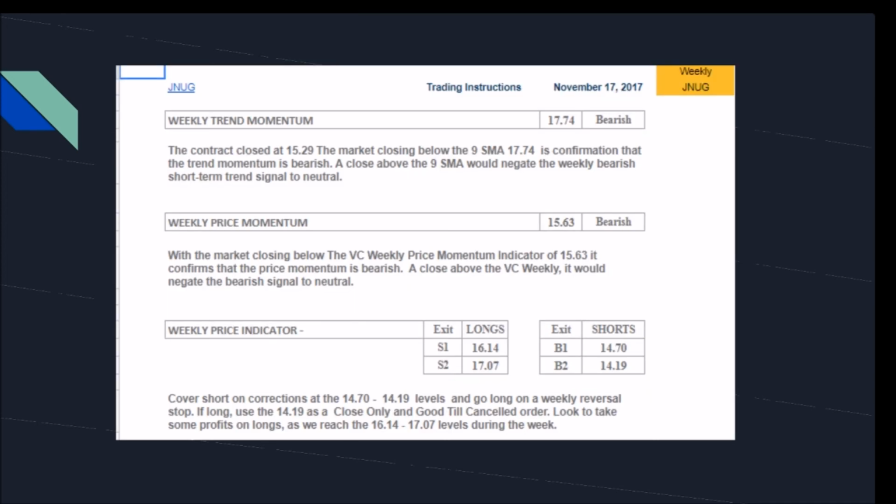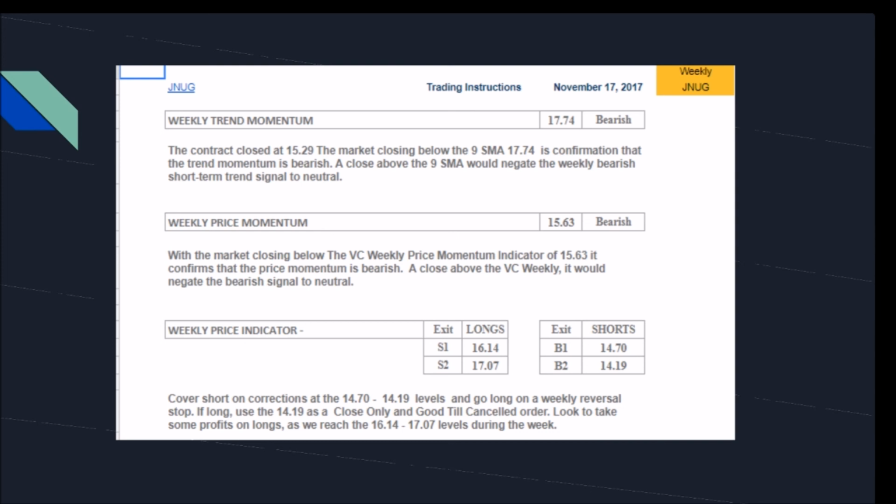The sell 1 and sell 2, buy 1 and buy 2 levels. This is the report that you receive a day before the trading session, a week or a month before the trading session, that gives you an idea of the extreme above the mean. It identifies the mean or the average price for you, and also the extreme below the mean.